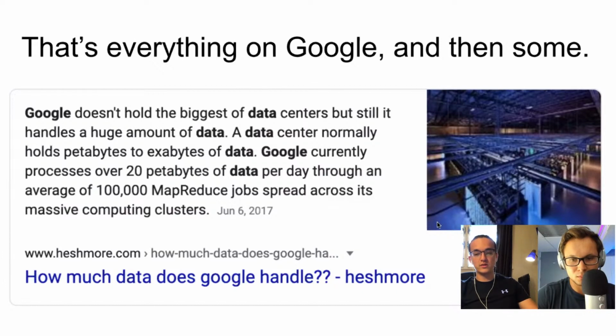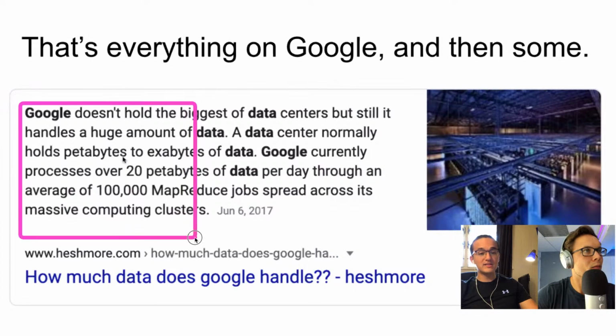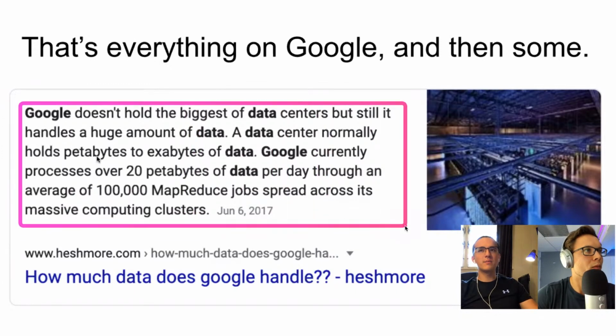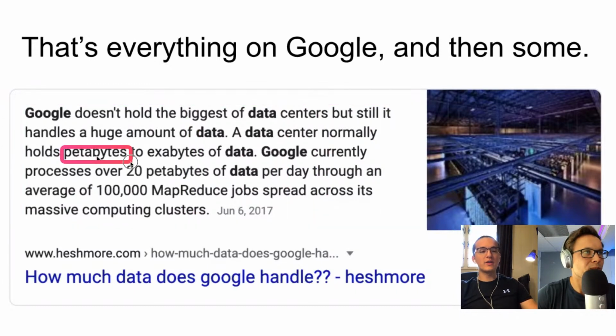So data center here, this is what the data centers at Google probably look like. They're big super databases of terabytes. And it says a data center normally holds petabytes to exabytes of data. Petabytes is right after terabytes, that's like 1,000 terabytes. And exabytes is 1,000 petabytes, so 1 exabyte is a million terabytes of data. So Google currently processes over 20 petabytes of data per day through an average of 100,000 MapReduce jobs